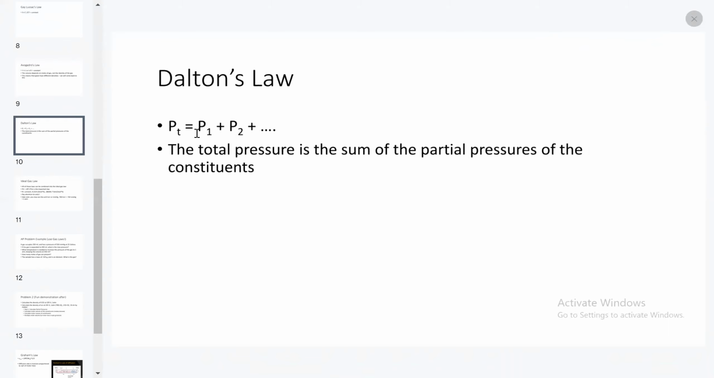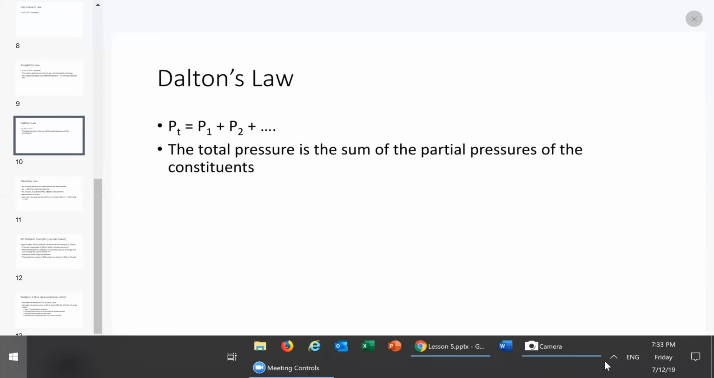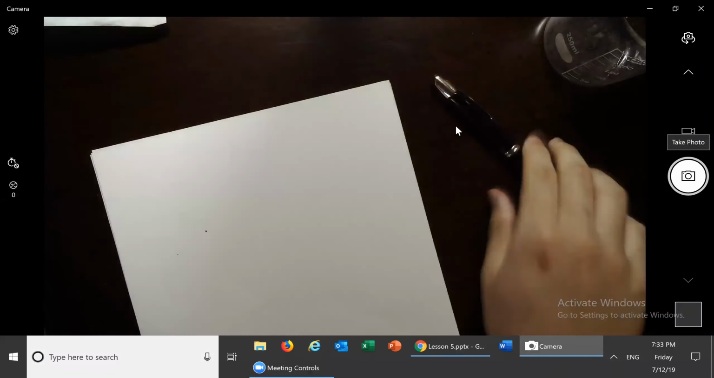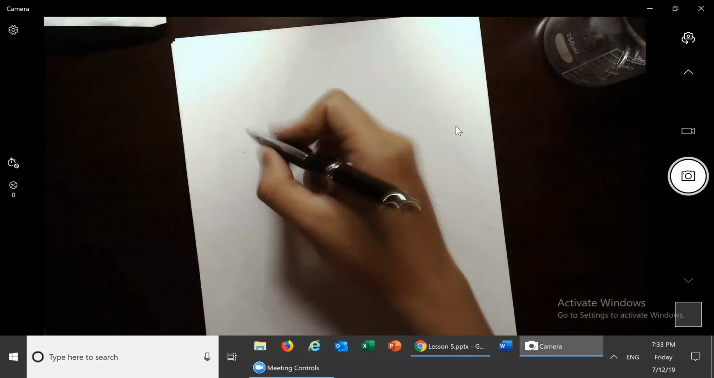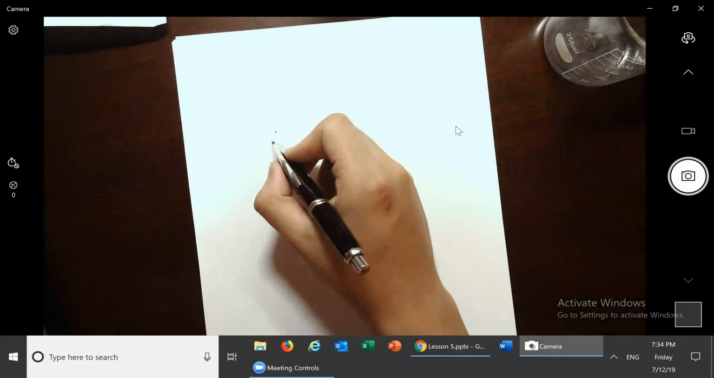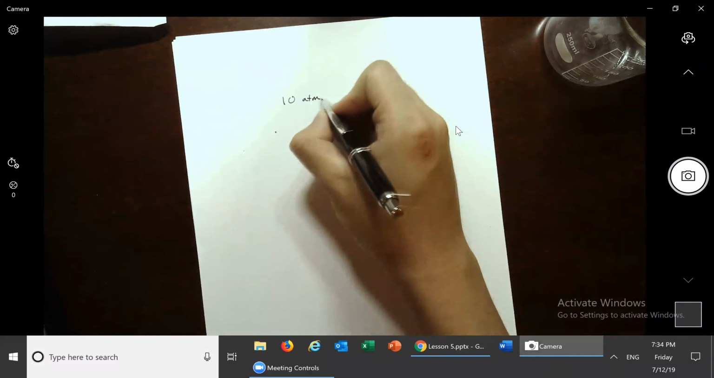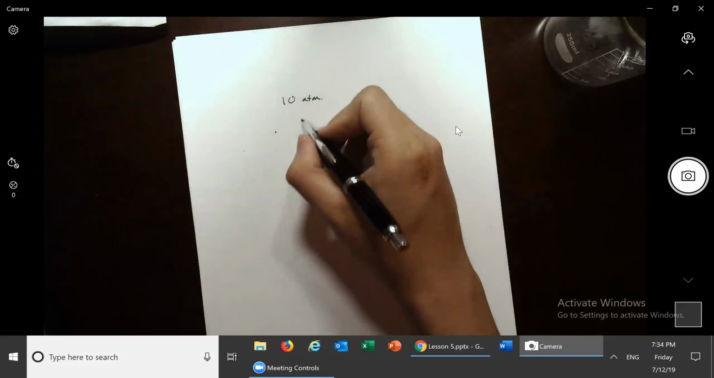So Dalton's law is the idea that if I have a lot of different constituents to a gas, then the sum of their pressures, so the pressure of all of the constituents of a mixture, is the total pressure. So let's say we have a mixture of gas, and the total pressure, let's just say, is 10 atmospheres, okay? And then let's say by moles,